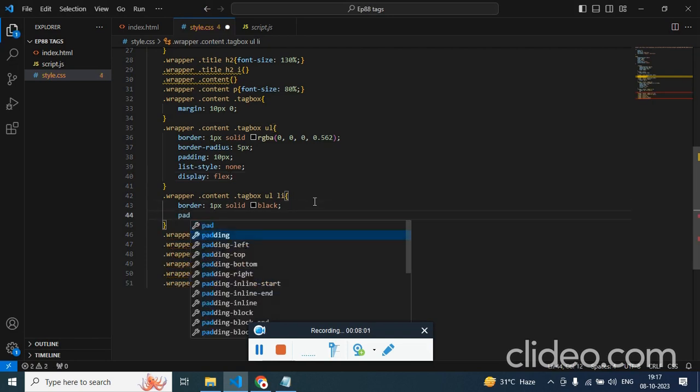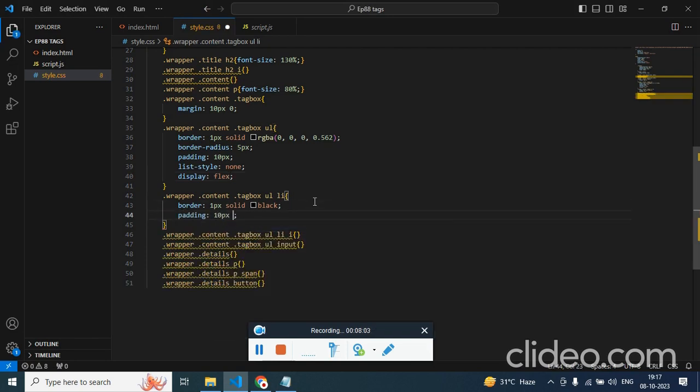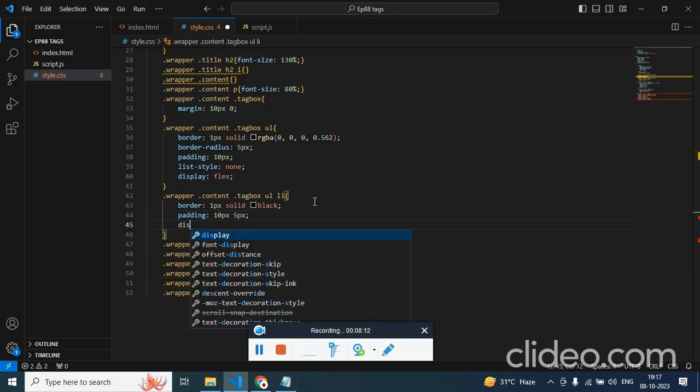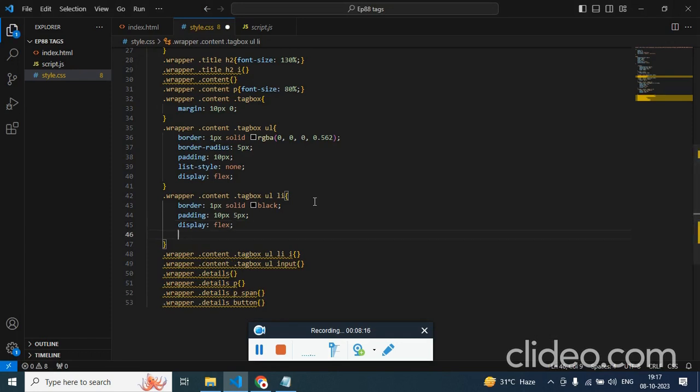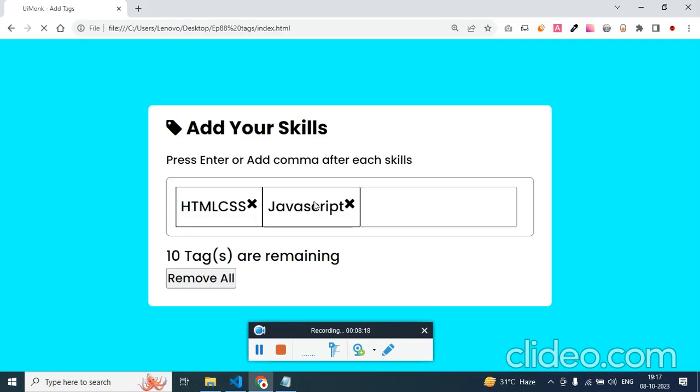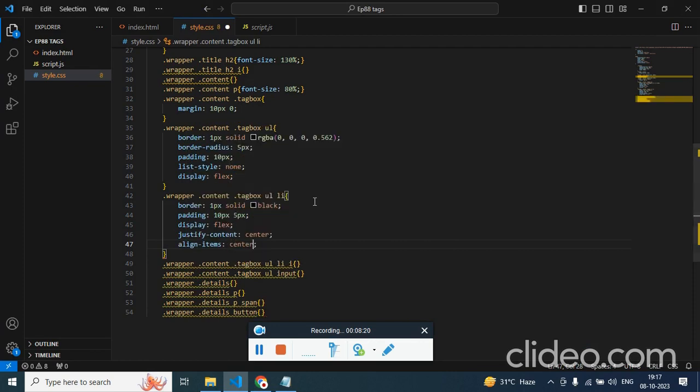Let's have a padding to it, 10 pixel top and bottom, left and right 5 pixel. And inside the list item we have two divs, so again we'll make display flex, and to vertically align, justify-content center, align-items center, and just to have space we can have margin